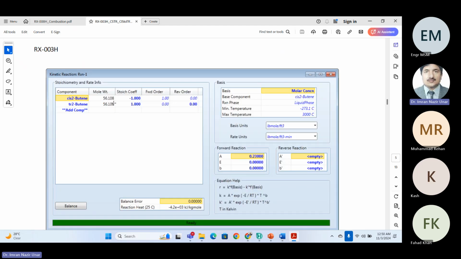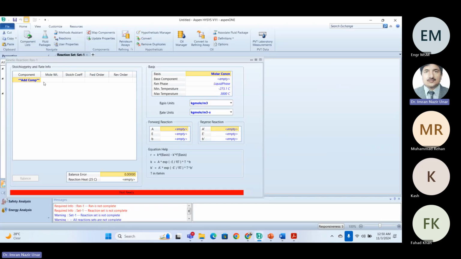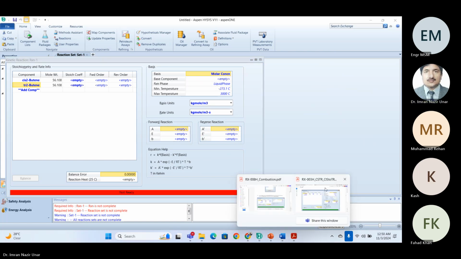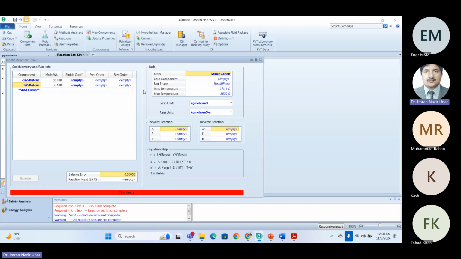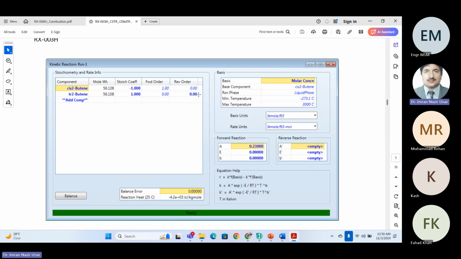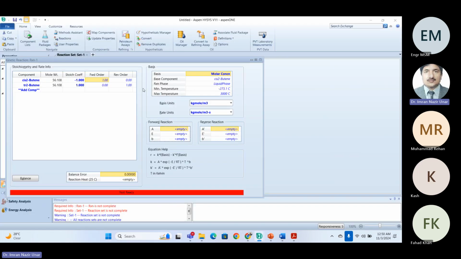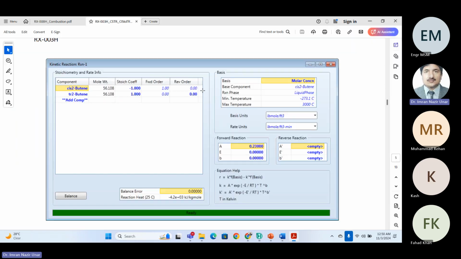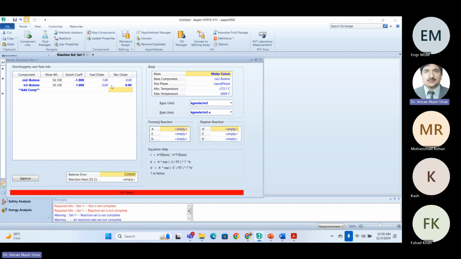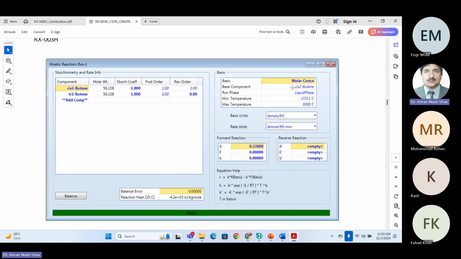अब ये जो भी बता रहा है वो यहाँ पर नजर आ रहा है तो अब यहाँ से ही देख लेते हैं। CIS2 ब्यूटीन और TR2 ब्यूटीन, यहाँ पर स्टोइचोमेट्रिक कोफिशिएंट -1 और 1, -1 और 1। अगर आपका ऑर्डर का फर्क होगा तो ये बाय डिफॉल्ट उसने 1 और इसको 1 कर लिया। अगर यू हैव एनी डिफरेंस देन यू कैन हैव लाइक फर्स्ट ऑर्डर में ये 1 और ये 0 आएगा। रिवर्स ऑर्डर में इसने बाय डिफॉल्ट 1 कर लिया है तो वी पुट 0 इंस्टेड ऑफ 1। अगर ये 1 होगा तो इसका मतलब है रिवर्स ऑर्डर भी हो रहा है, रिवर्सिबल रिएक्शन, ये नहीं।